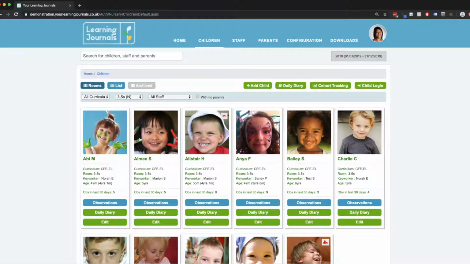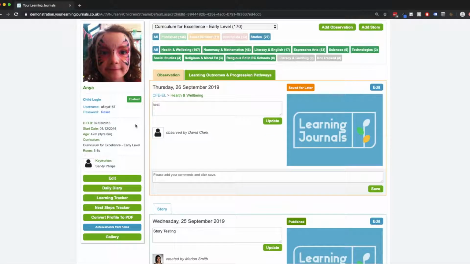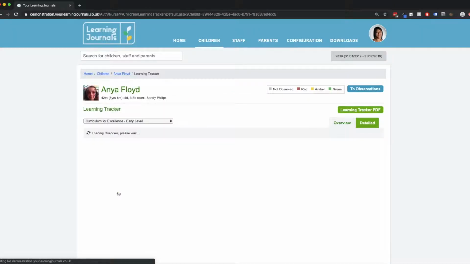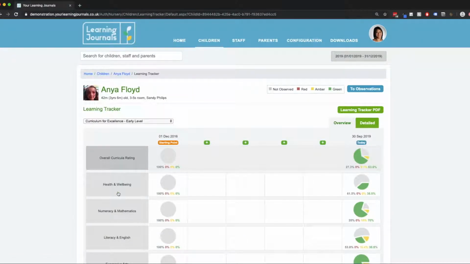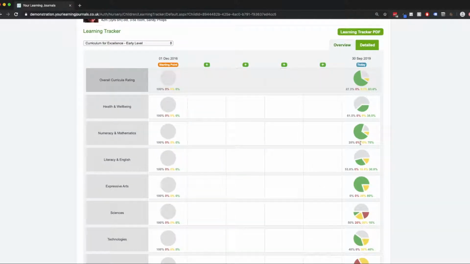I'll go into my 3 to 5 room. I'm going to choose Anya. And we can see that down the left hand side, the button we're looking for is her learning tracker. Now we'll have another video on the learning tracker and cohort tracking, but to get to starting points, what we're seeing here is over on the right hand side, we've got accumulation of all the observations that have been taken for Anya, and it gives you a top-down view, giving you an idea of coverage and ability within each of